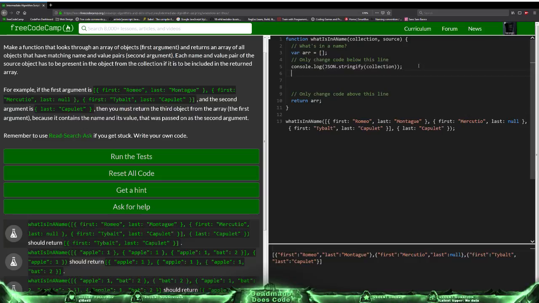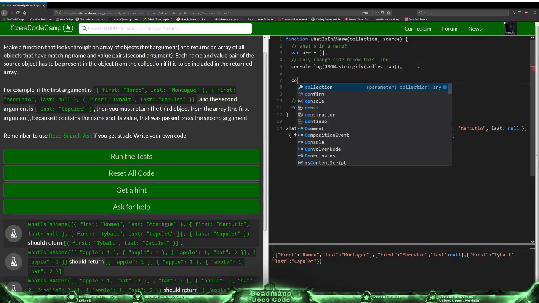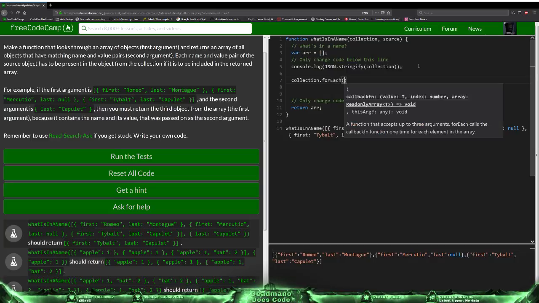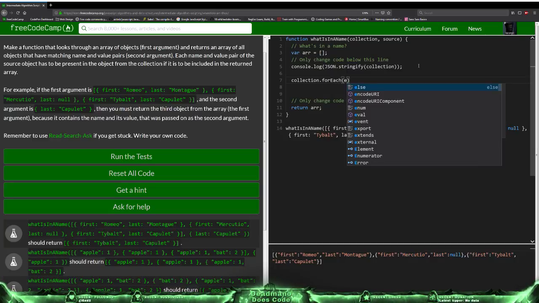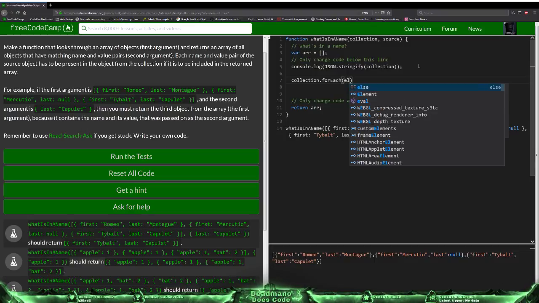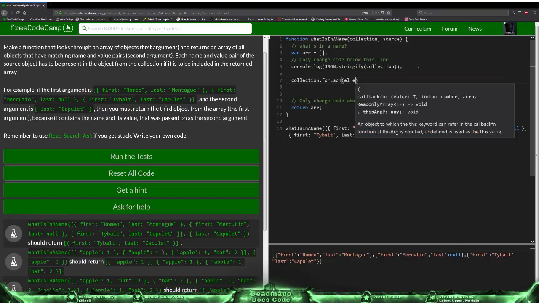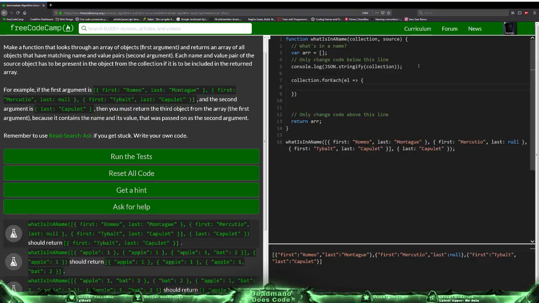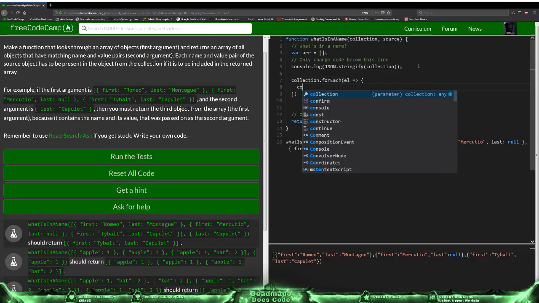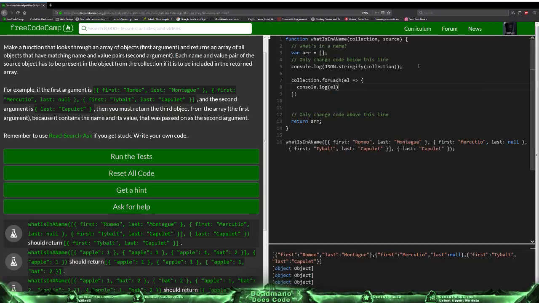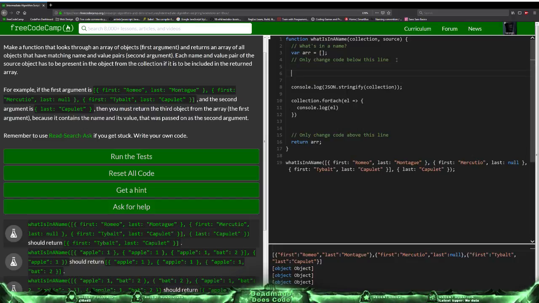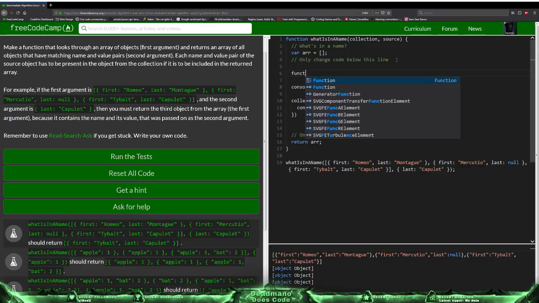So maybe let's do a for each. Collection dot for each, where this is the element. Let's log the element. You know what I want to do? I need to create a function just for me that prints out the log in stringify format. So